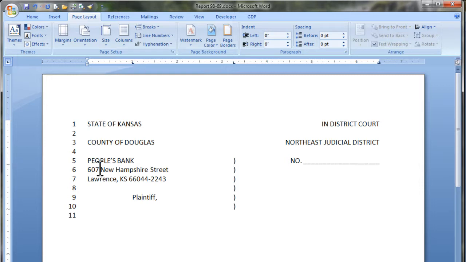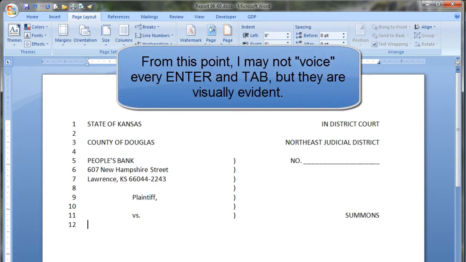Enter once, use the 1-inch tab to type VS period for versus. Tab again, close parentheses. And this time you're going to then tab one more time to the right margin, put caps lock on, and type summons. On line 12, tab twice, close parentheses, hit enter. Then we're going to type the name of the defendants,